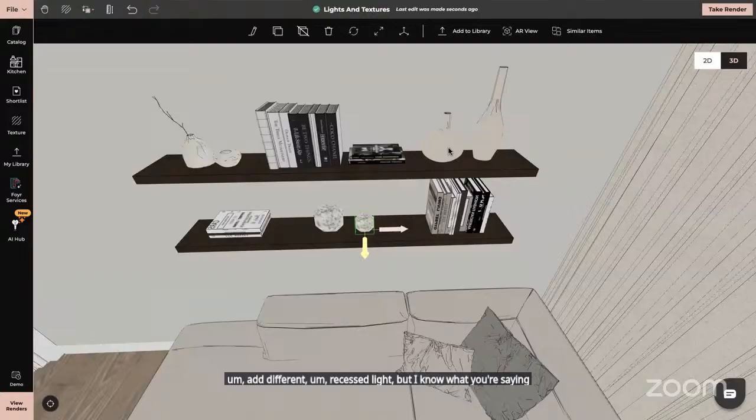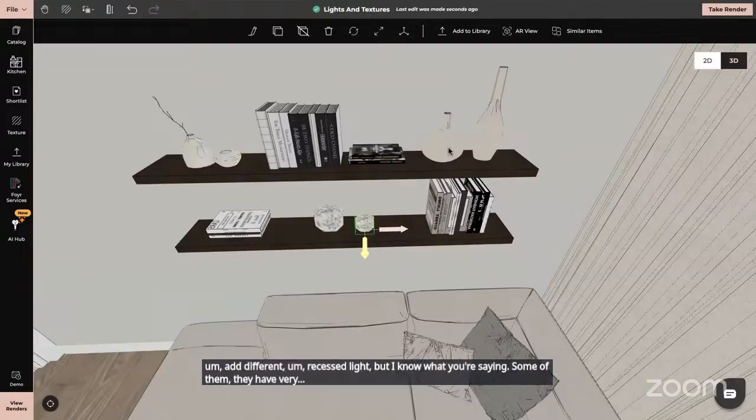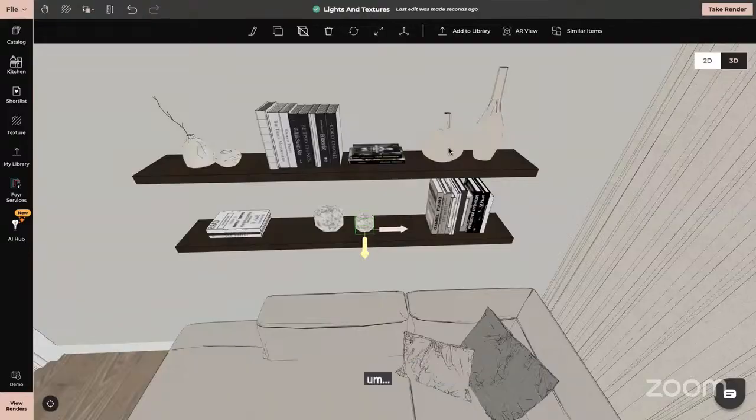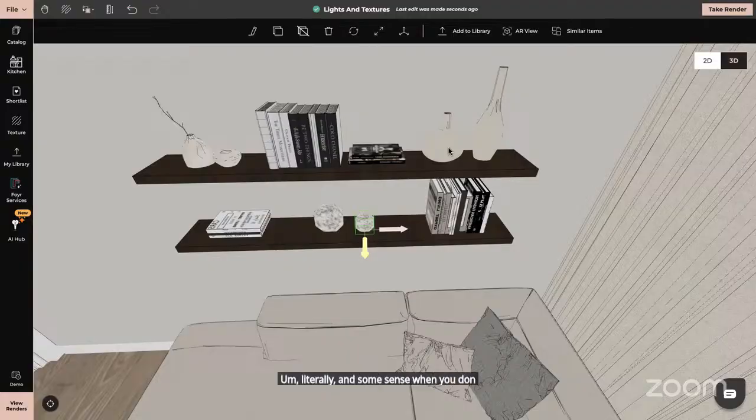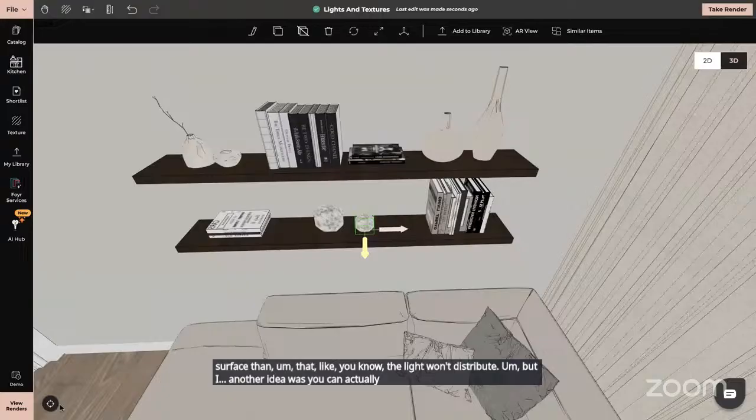Some of them have a source of light that is literally just one point. And sometimes when you don't have loads of surface, the light won't distribute. But another idea of what you can actually do is to,